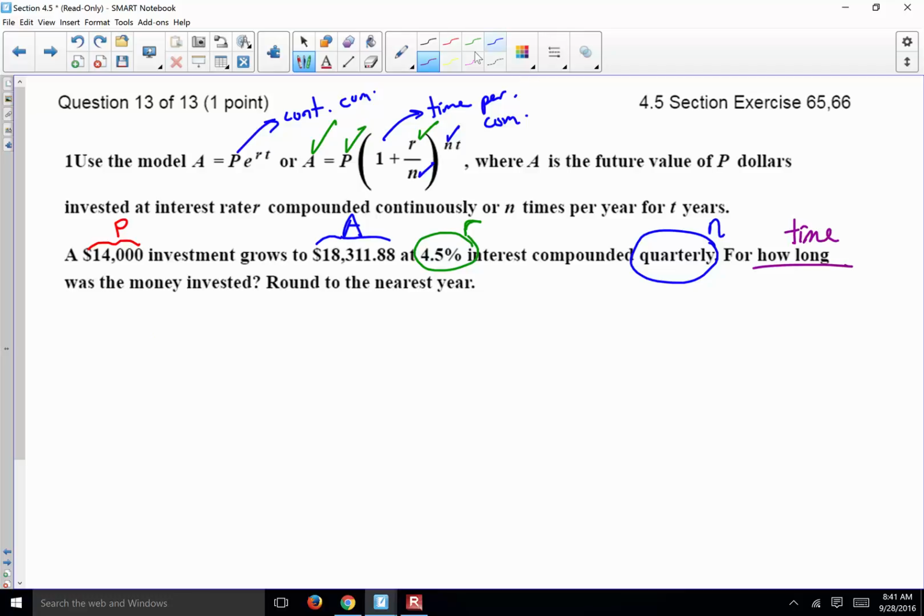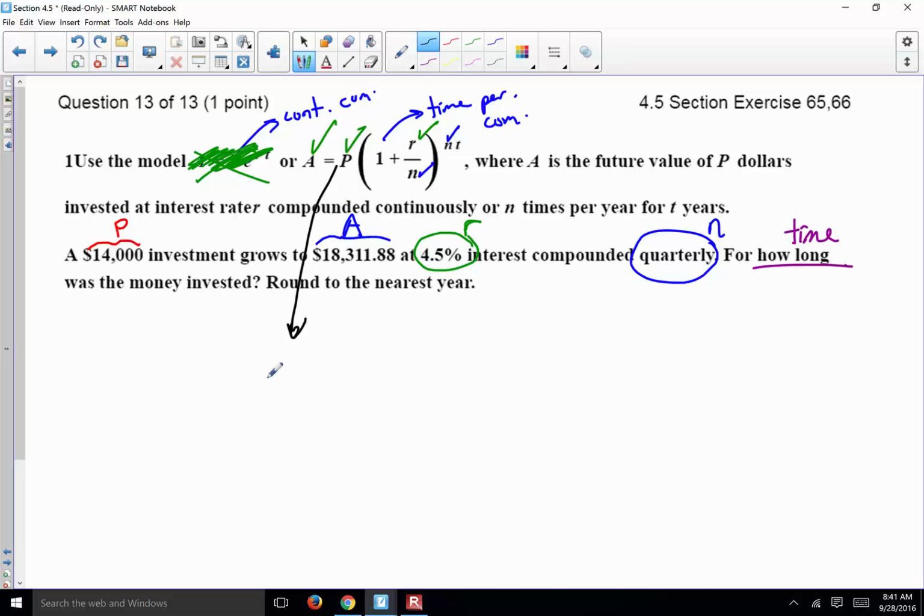Which formula are we going to use? Why are we checking this one in? Because I see it's compounded quarterly, not continuously. So we're not going to use this in this part. So we'll go with this. We know everything on this equation except T. So I will replace all those